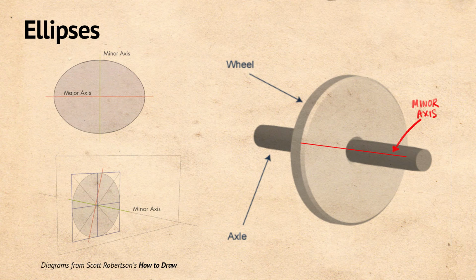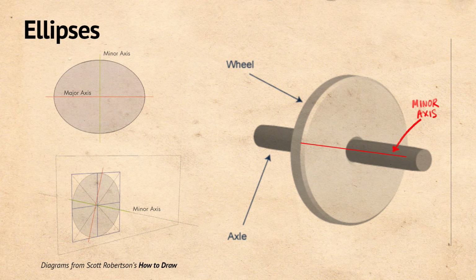Alright, we briefly talked about this in our first lesson, I think during the warm-up stage. But I'll just briefly mention this point about ellipses. When you're drawing ellipses, take note that there are two lines or axes. The first one is the major axis and the second is the minor axis. For a perfect circle, both the major axis and minor axis are essentially the same, in the sense that they are the same length. But if you're drawing an oval shape, which is, I think, what you will most commonly draw when you're drawing things in perspective,